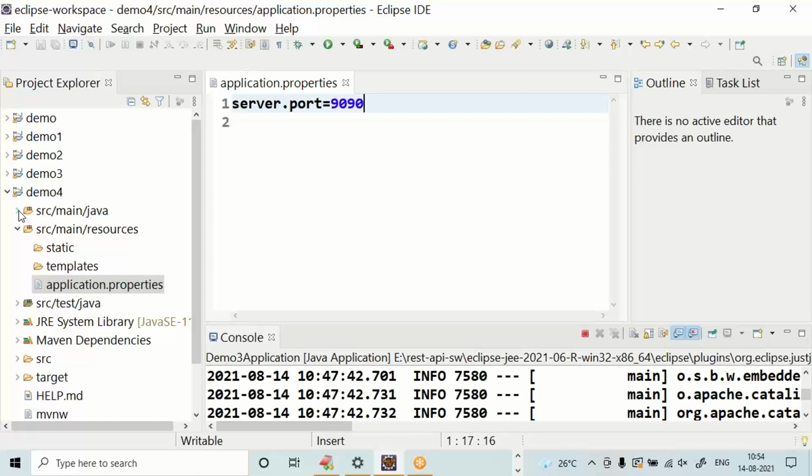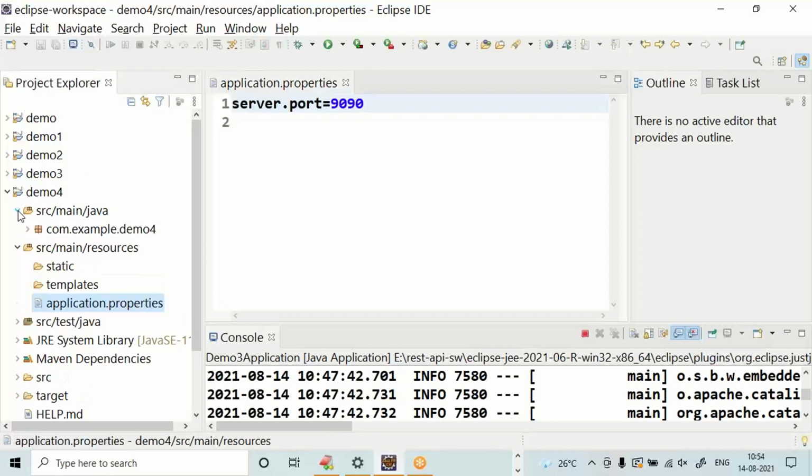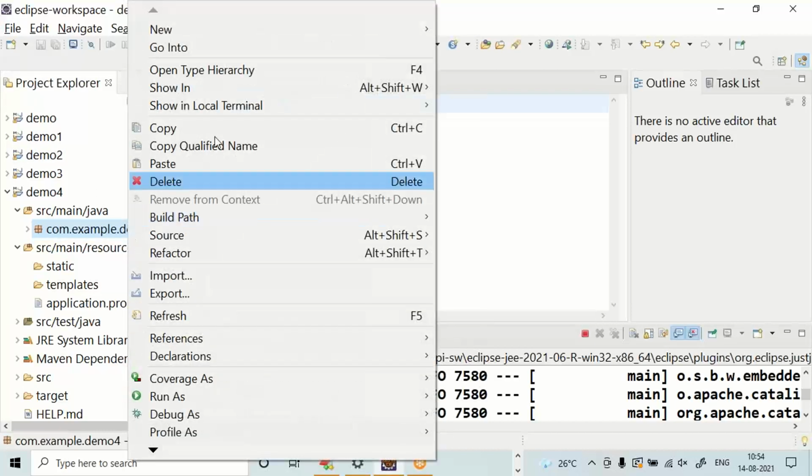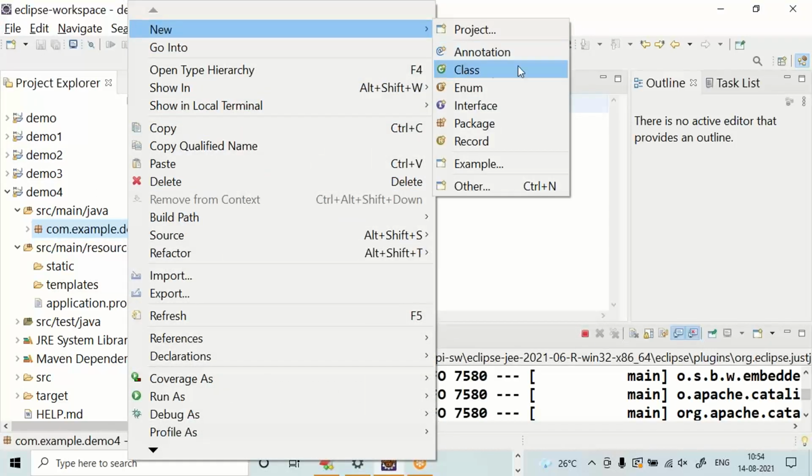Expand src main Java. Right click on com.example.demo4. Go to new, select a class.